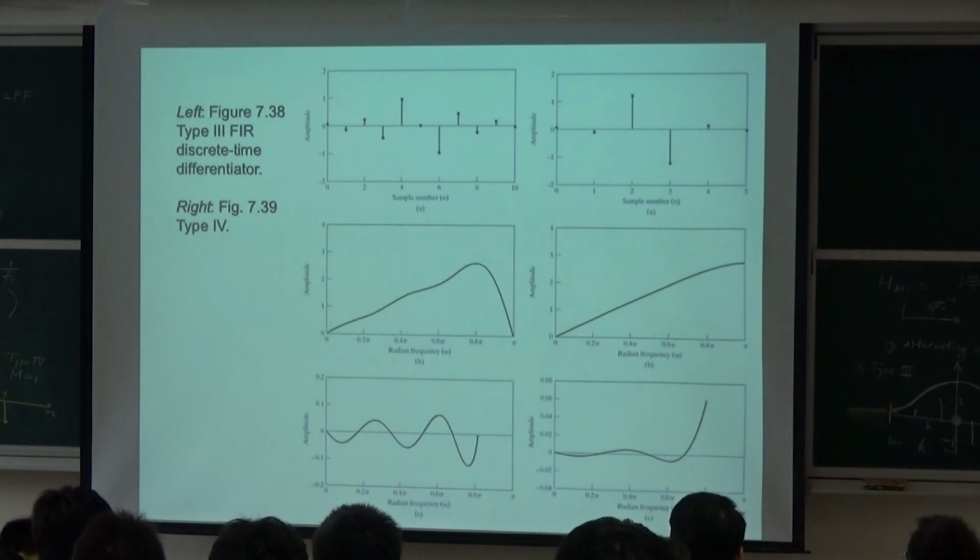Any comment here? Anything that isn't clear? Okay, type 3 versus type 4. Okay, so